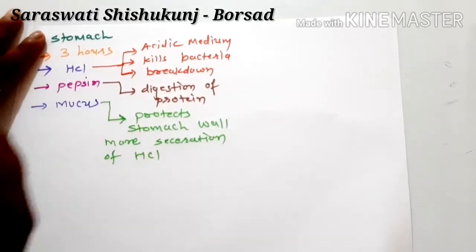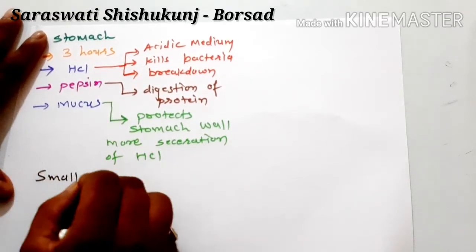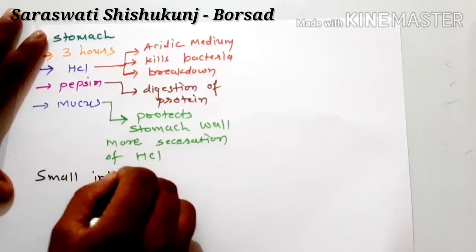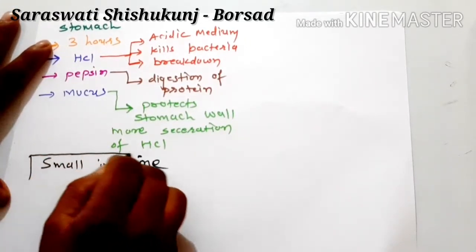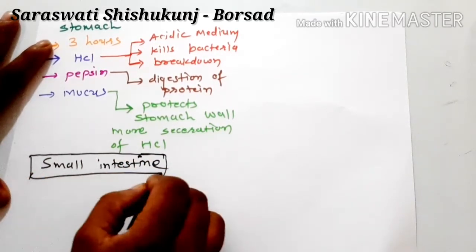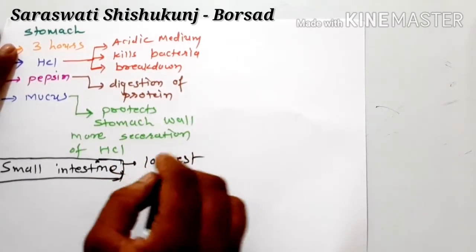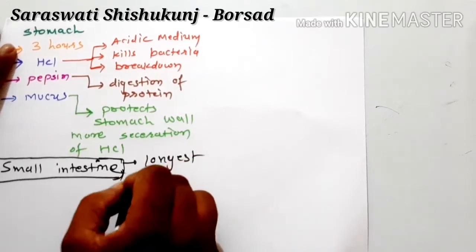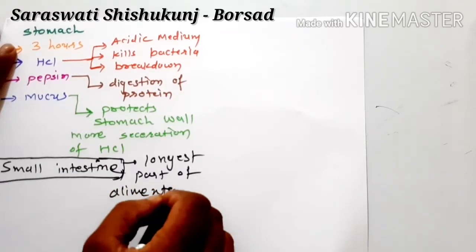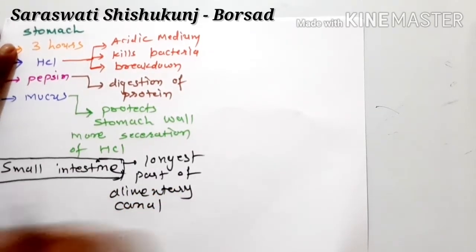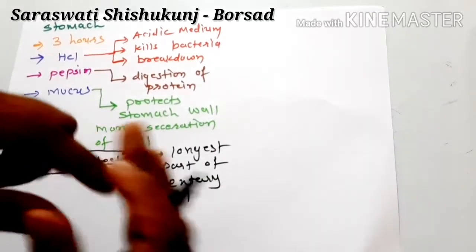Now let's understand the small intestine. Remember, the small intestine is the longest part of our alimentary canal. So the question may arise: if it is the longest part, why is it called the small intestine? You can see in the picture that it is long, but if we take its width,